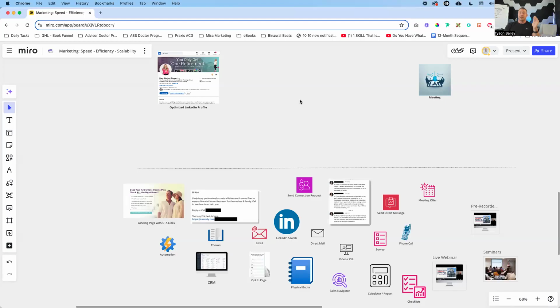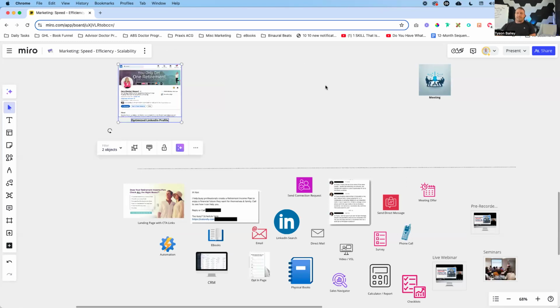Or one specific occupation, such as doctors. Inside of all marketing, there's a quantity and quality dance that you have to play, to make sure that you're getting quality people coming through, but also the quantity of those type of people. So when somebody's going out on the LinkedIn side, the first thing you're going to be doing is optimizing your profile. I'm not going to spend a lot of time on this. We've talked about it in a number of different trainings. If you don't know what those are, go back and take a look at those. But if you boil down what your goal is with any sort of marketing campaign, it's getting somebody over to a meeting.